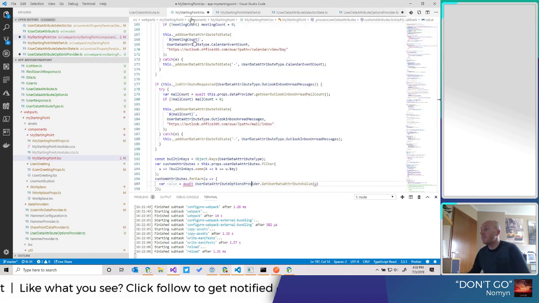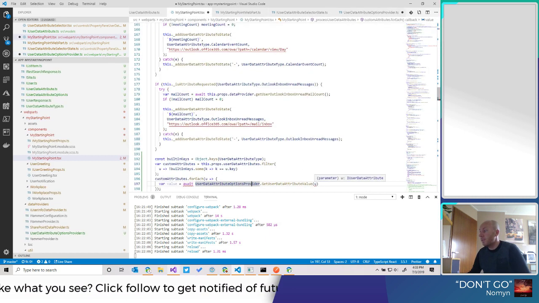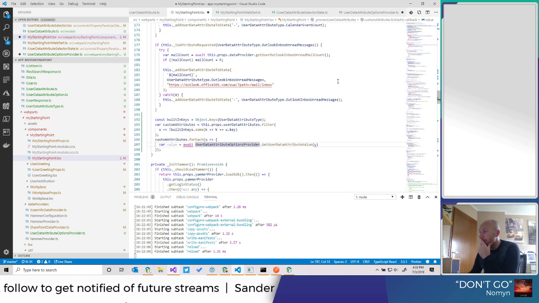So probably the type is different. iUser data attributes. Because hey, why use the same type?